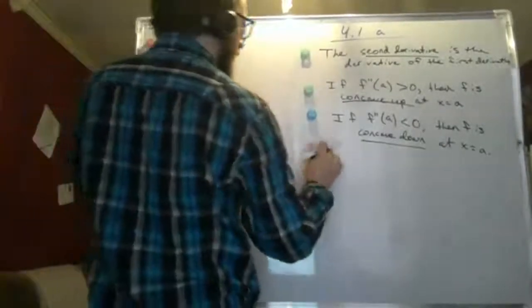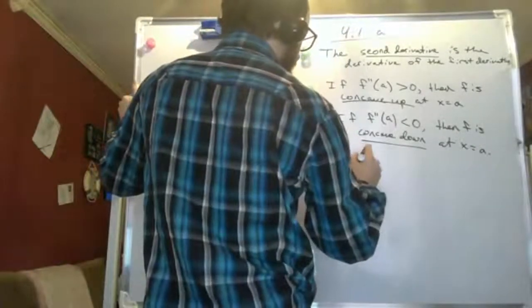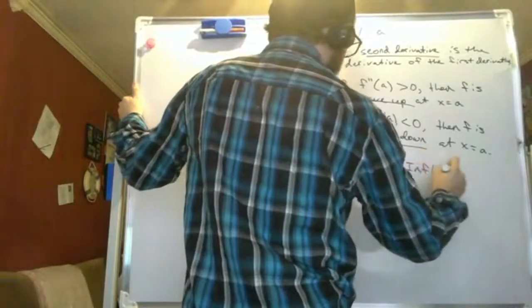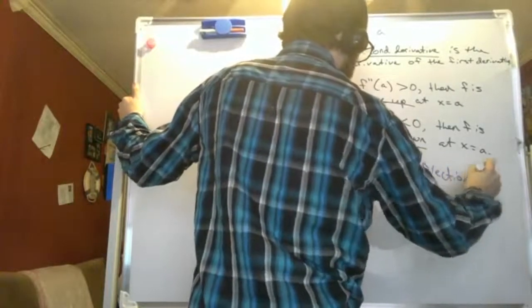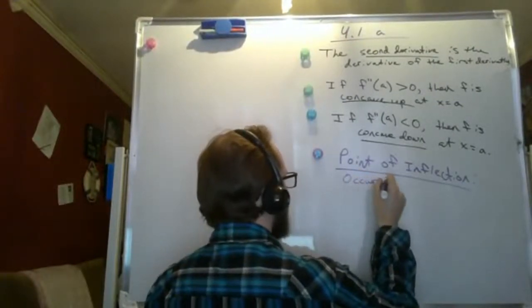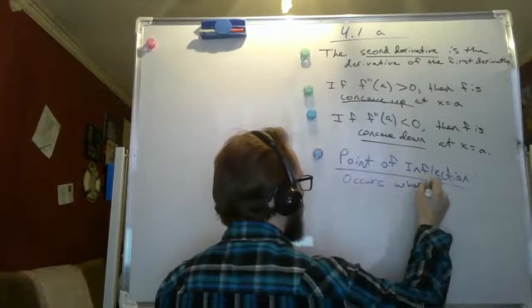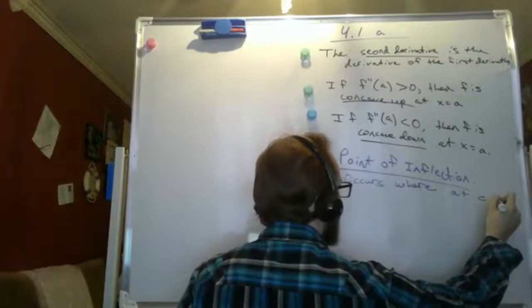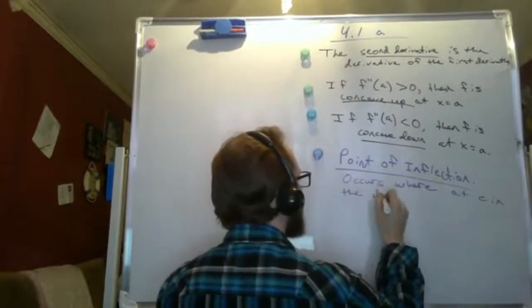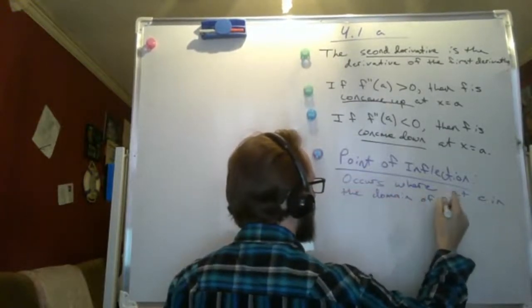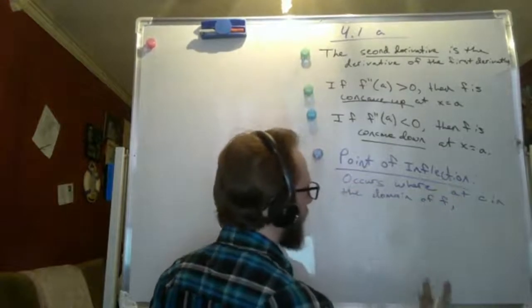This is called a point of inflection. Point of inflection. Now, what is a point of inflection? A point of inflection occurs where, at C in the domain of f, so I'm looking at a particular x value,